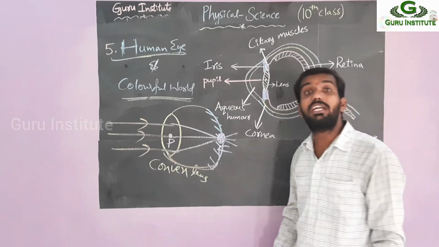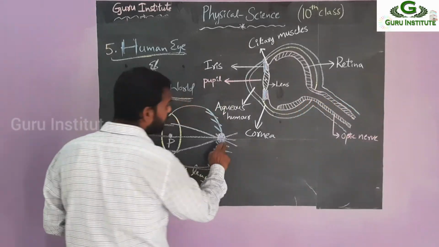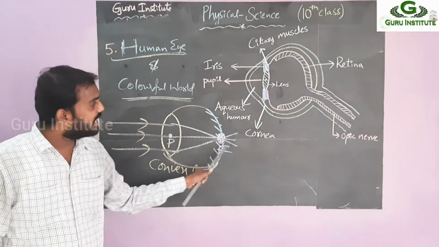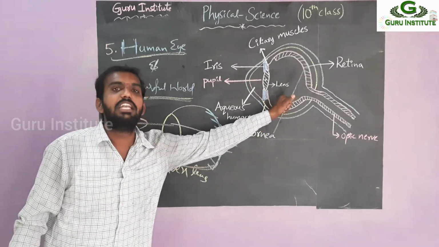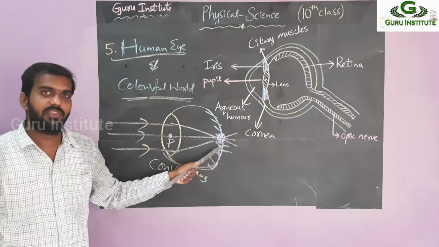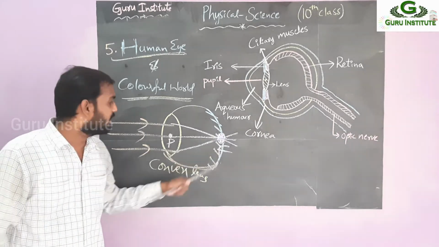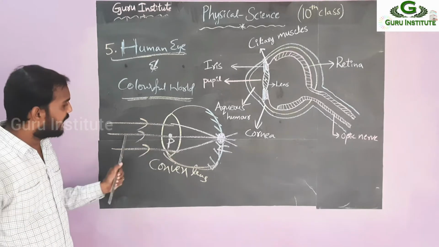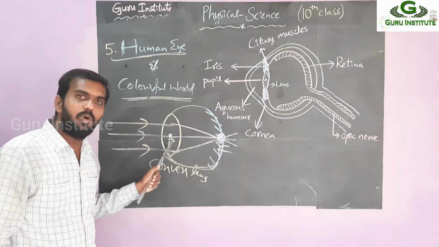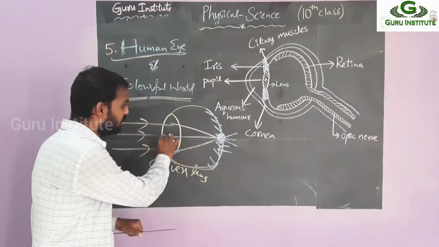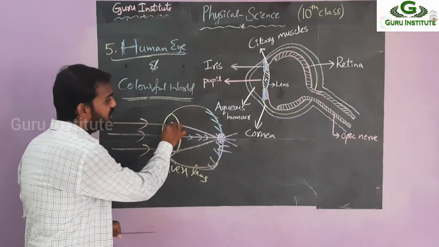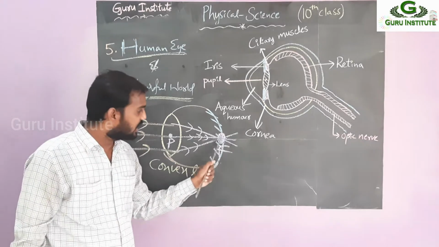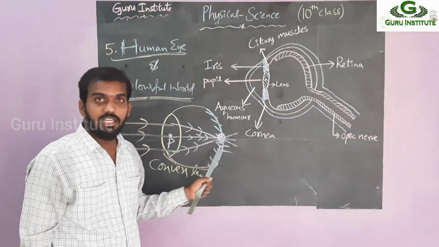That means inverted image. Which type of image is formed on the retina? Inverted image. So it is formed on this. They are met at the retina. This retina is the focus point. Then what happened? This pupil is known as pole. So any light ray traveling through the pole has no deviation, so it moves straight only. The others, after refraction, are bent and meet here. So here the image is formed.